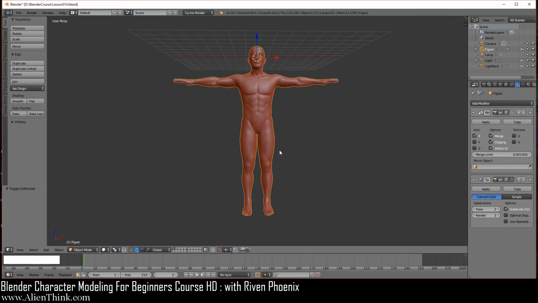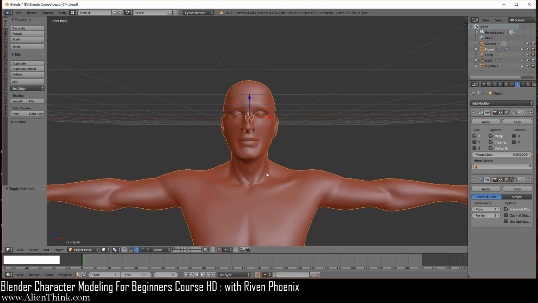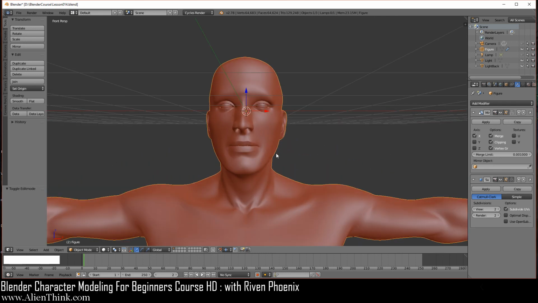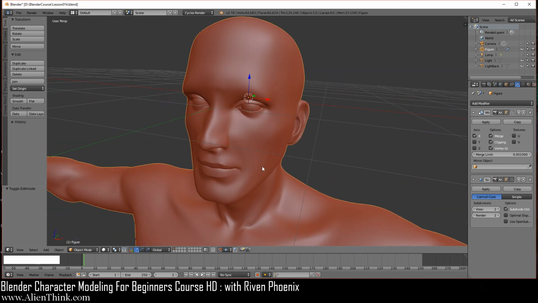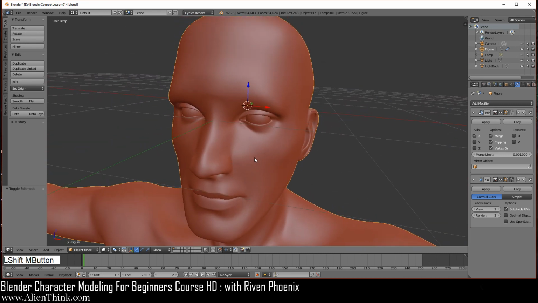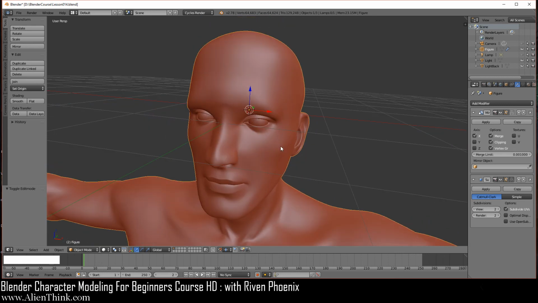Now I press the 1 key and do shift middle mouse button to just pan this right here, kind of like get the face in the middle and just zoom in. Okay, I can do the middle mouse button and now rotate around the object. Okay, but now notice that when we come in close on the face, see how this perspective is? It's really looking abnormal over here. So there's a reason behind this as to why it does this.